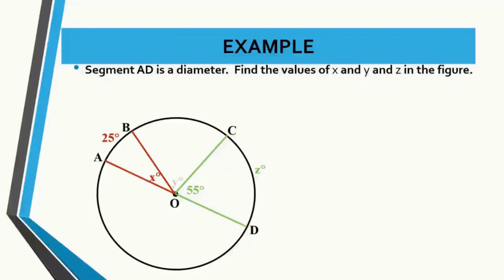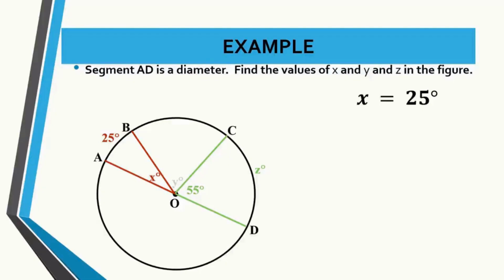Let's have another example. Line segment AD is a diameter. Find the values of x and y and z in the figure. Now, since line segment AD is a diameter, meaning this is 180 degrees. And arc AB is 25 degrees. Meaning, ang central angle niya ay angle AOB. So meaning, the value of x is equal to 25 degrees. Next,